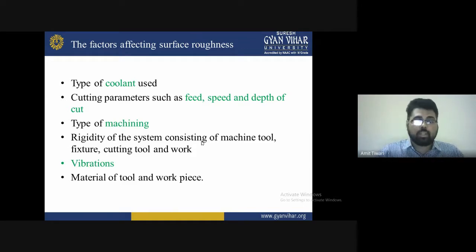If you maintain all these points, you will maintain the surface roughness. It is easy to maintain. Second is vibration. Vibration is also responsible, because during machining, if you do not control the vibration, then what happens? The tool will be mismatched in its area or direction. There is a chance that the tool will be fixed on the surface, but there will be some change in direction due to the effect of the vibration.